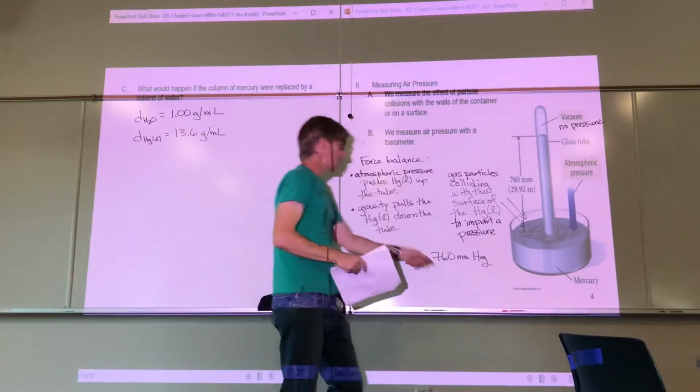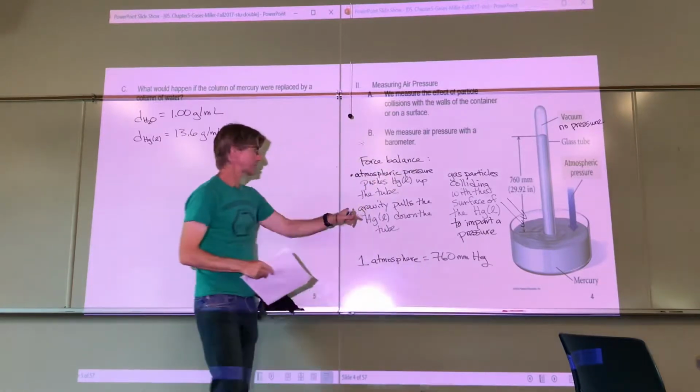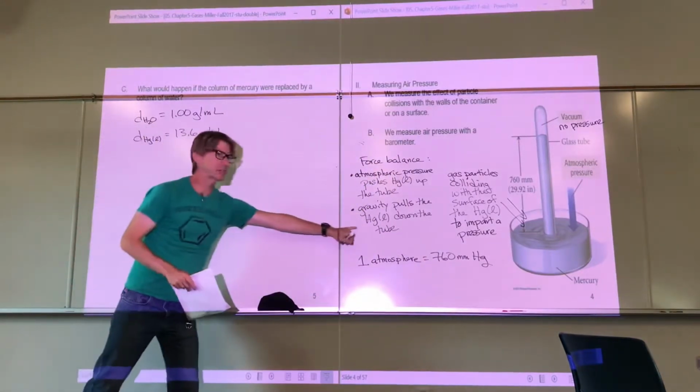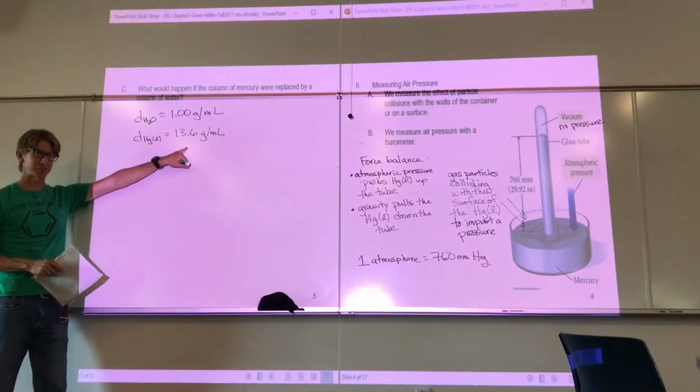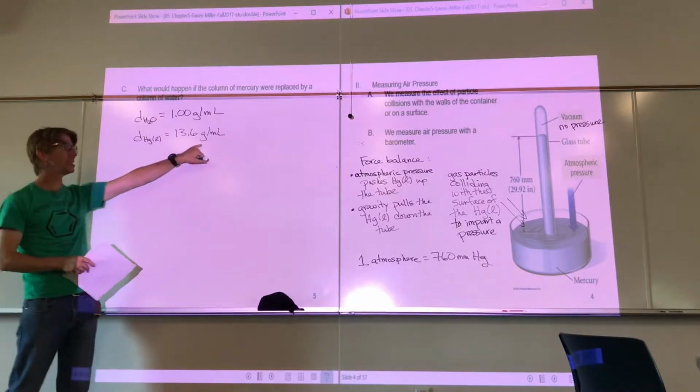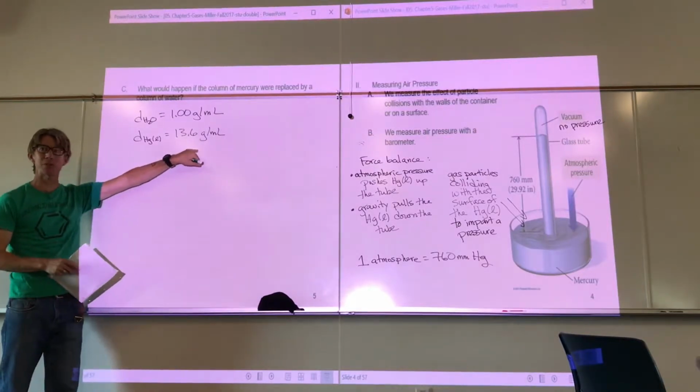Now I'll come back to this force balance. For the force balance, the gravity enters in by acting on the mass. So if the density, and therefore the mass, is 13.6 times greater for mercury,